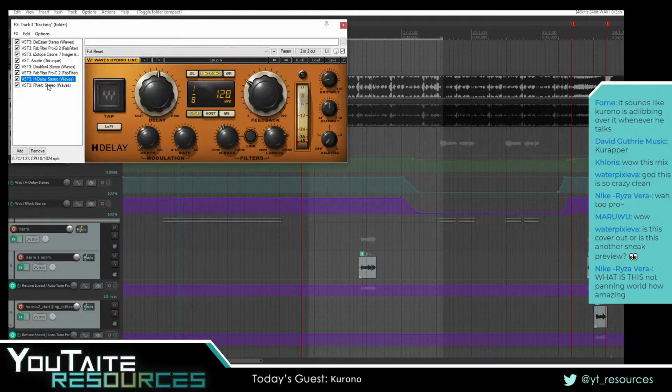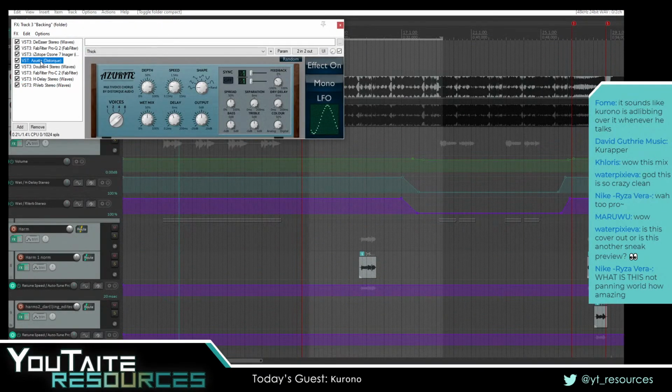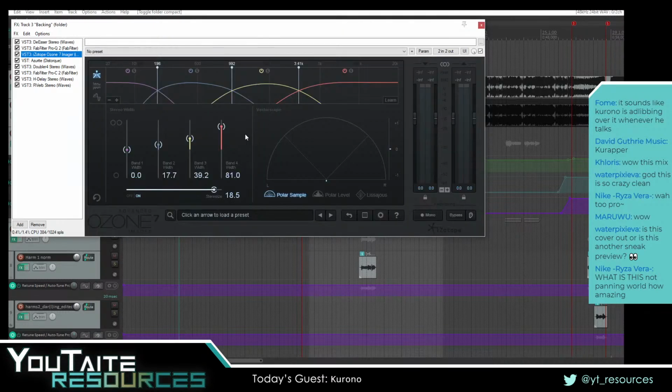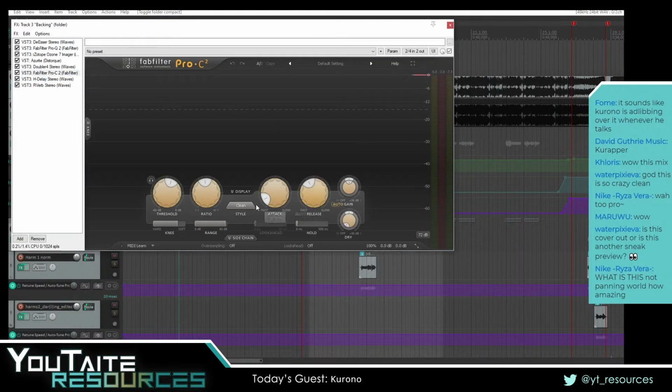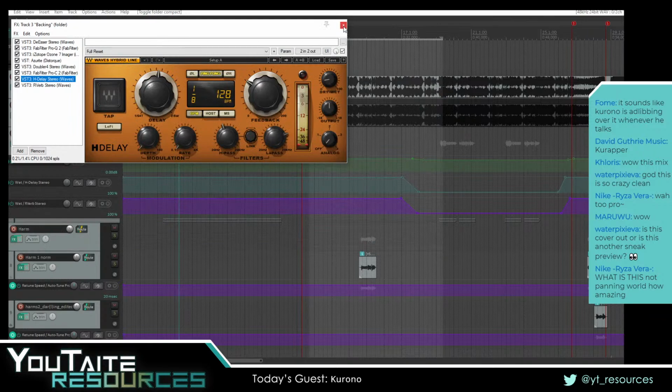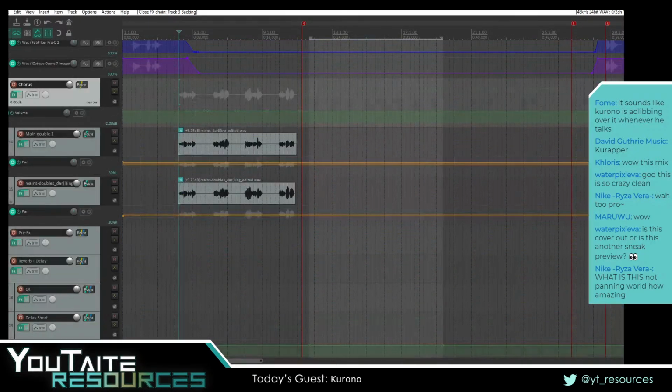The background has H delay on it. It has this cranked up to like 81 and 18.5. Like it's put in work. It's got a compressor to tighten it up, and then it's got the H delay doing the spatial effects. Versus this section